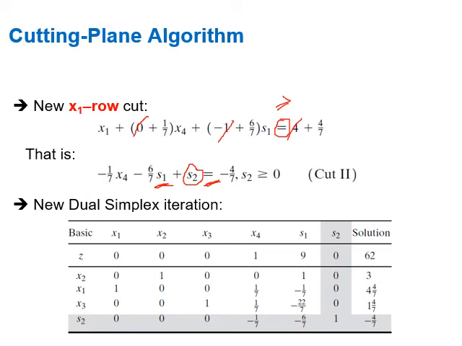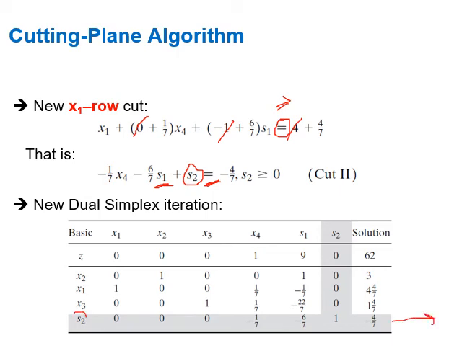Okay, so now we need to re-optimize this. You see the right hand side is negative. It means that this tableau is not optimal anymore. So we need to make dual simplex iterations. First thing is to decide on the leaving variable, and the leaving variable is the variable with the most negative right hand side, which is this one,